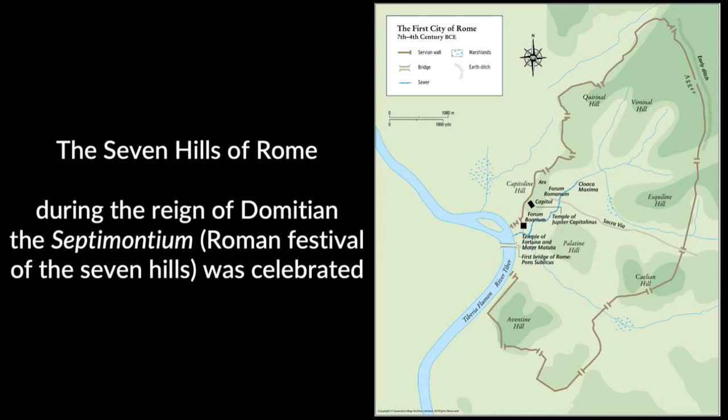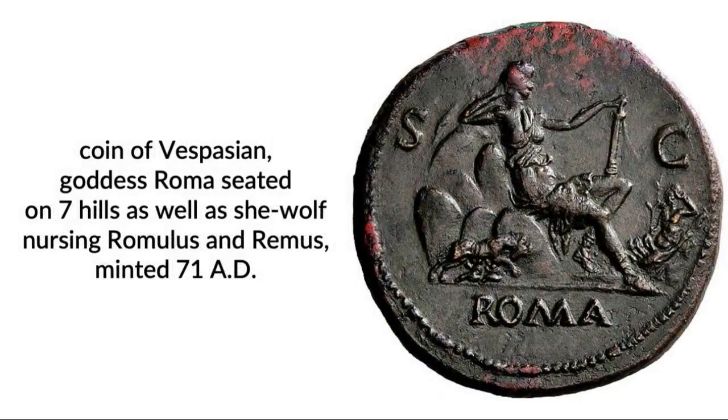In fact, it was so known that Vespasian actually issued a coin. This coin was minted in 71 AD, so about 25 years before the book of Revelation. This was a coin that depicted 2 things, well, really 3 things, if you will, that are part of the iconography of the city of Rome. First of all, we have the goddess, okay? The city of Rome was deified as a goddess, so there she is. She is seated on this coin on 7 hills.